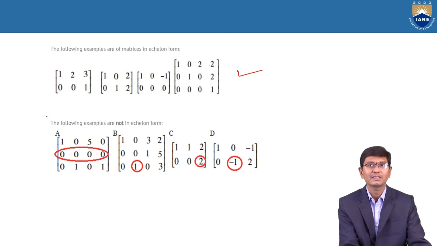Why? Because the first condition exists. The reason is that zero rows are not available, so we neglect that; that is the first condition. The second condition is that before the non-zero number there are no zeros, and in the second row before the non-zero number there are zeros. Therefore, it clearly satisfies one of the conditions.